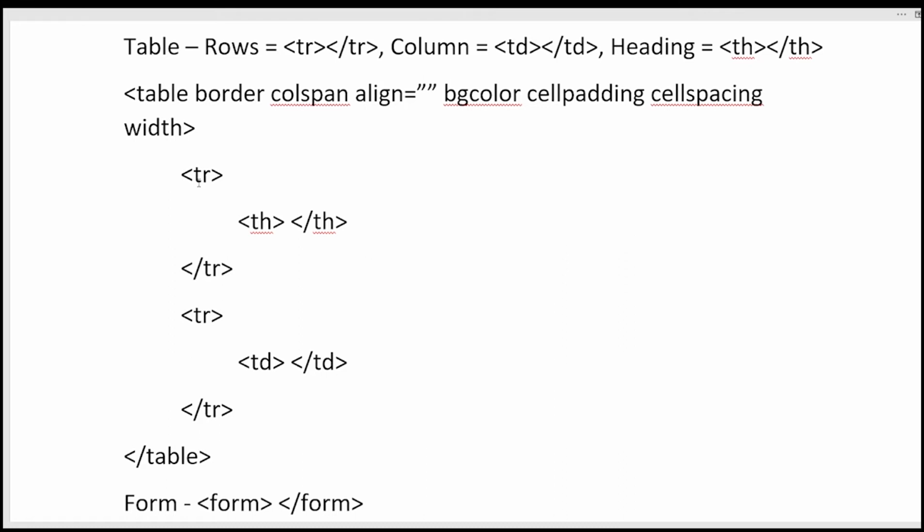Align, as we saw earlier, is used to align the data of the table. It takes center, right, and left as its values. Background color is another attribute in which we can define the background color of the table. Cell padding is another attribute in which we can mention the space within each cell, that is